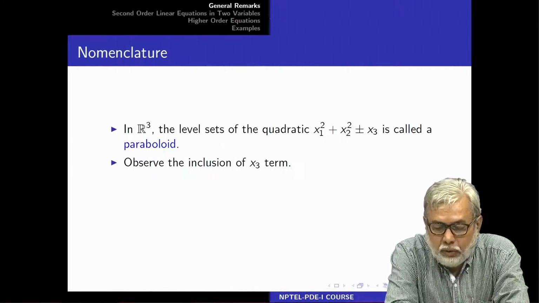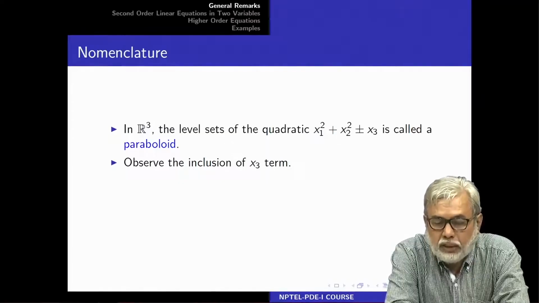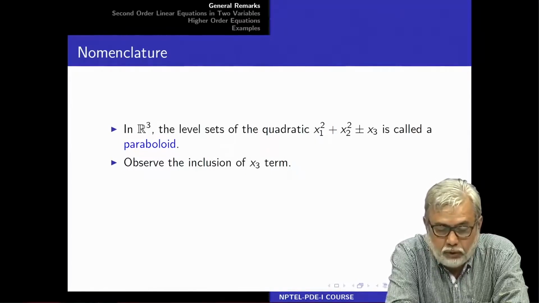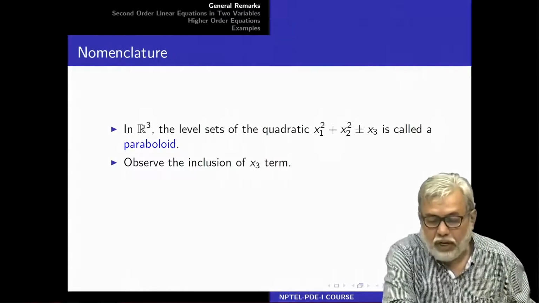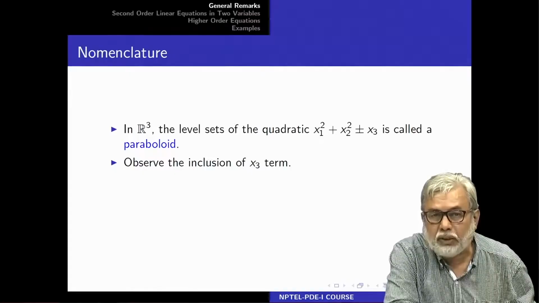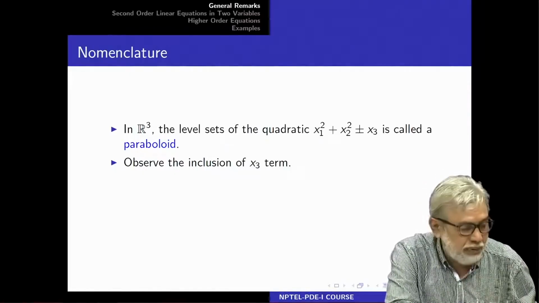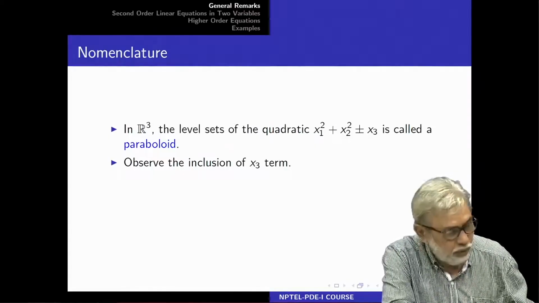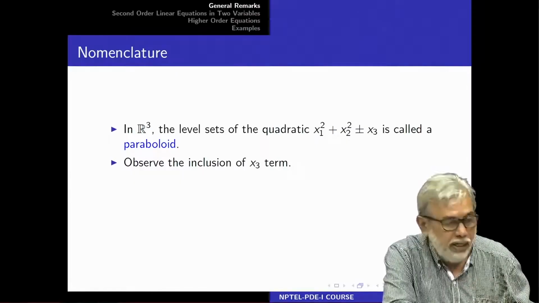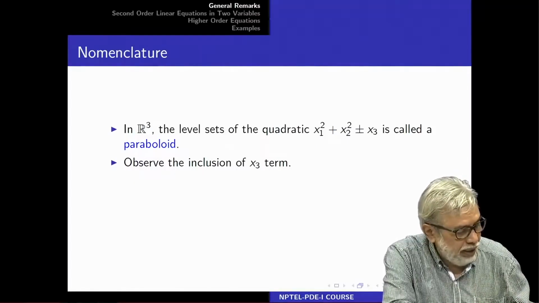The quadratic terms are in x 1 and x 2, and the first degree term is in x 3, not in x 1 or x 2. You have to observe that, then only you get a paraboloid. For example, if it is x 2 or x 1, you can absorb that in the quadratic and you will not get a paraboloid. So, that inclusion of the x 3 term to get a paraboloid is very important,